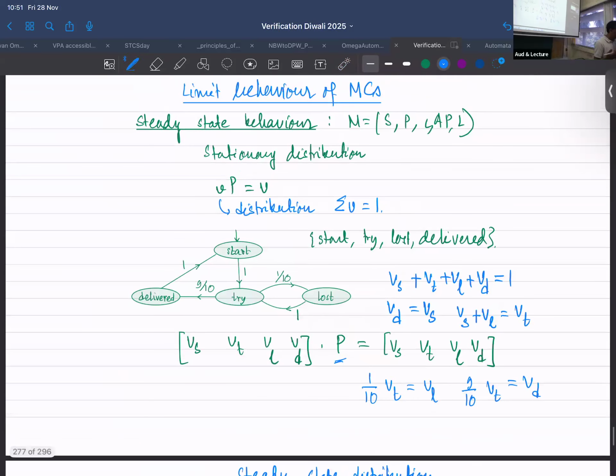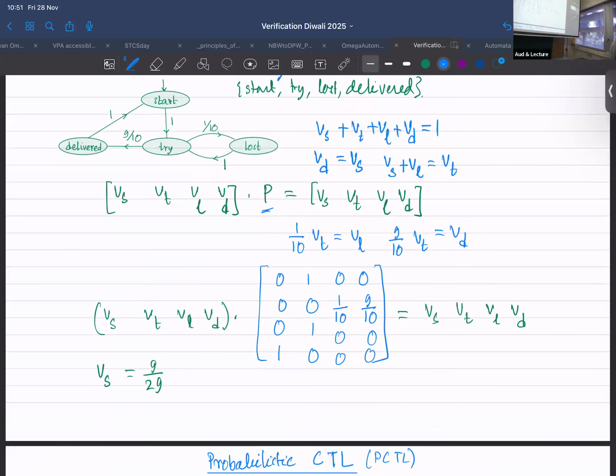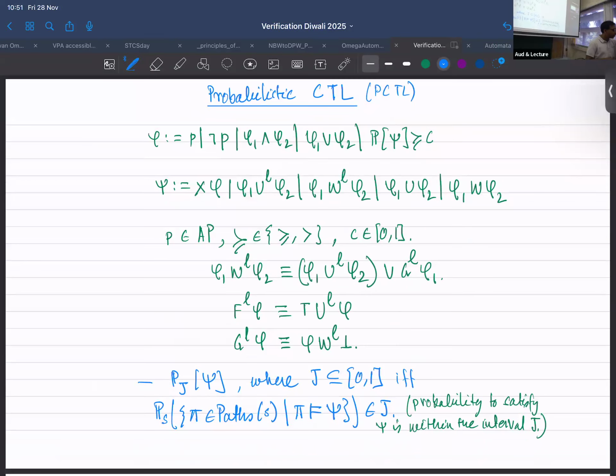So when we talk about the limit behavior, these two things are important. One is the steady state distribution. The other thing is that you have to talk about the BSCCs, which are the important components. Okay. Any question? No? Okay. So if no, then we'll move to the next topic, which is called probabilistic CTL,